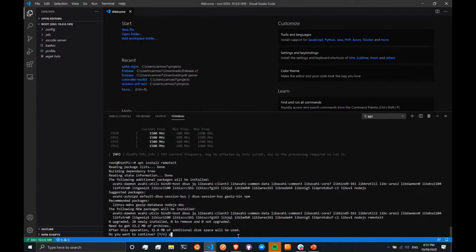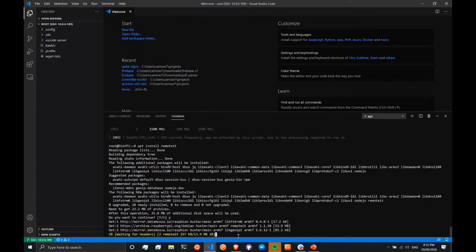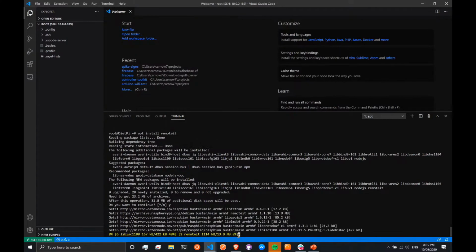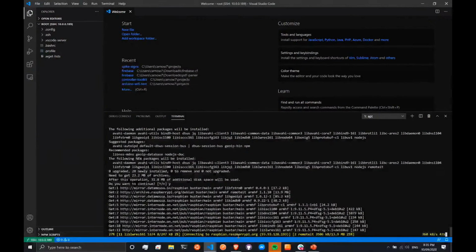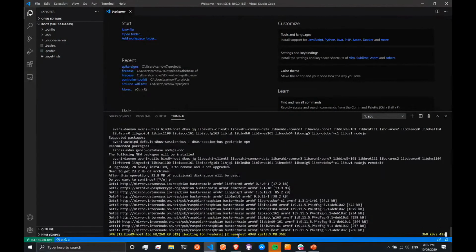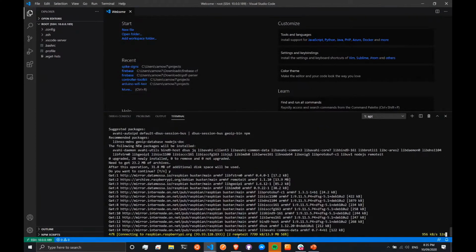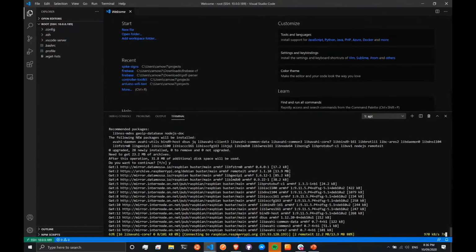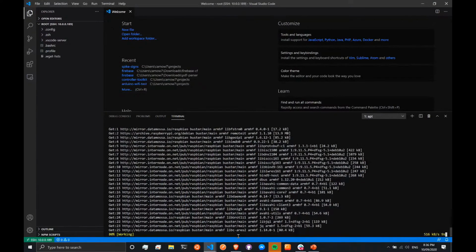Just very briefly, what do you use remote IT for and the Pi? How does that work together? Remote IT, I'm not 100% sure how to say it, is effectively a service that allows you to create a whole bunch of different types of tunnels through the internet to your Raspberry Pi. So if you want to SSH into your Raspberry Pi over the internet without port forwarding, you use